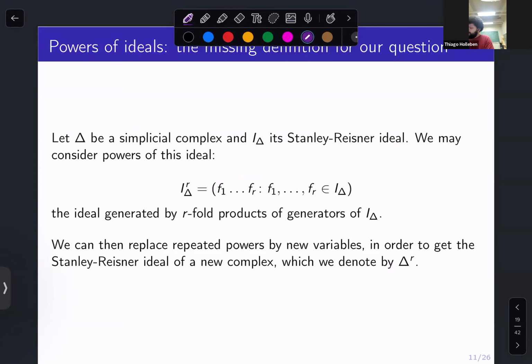And then once you have this ideal, this power, you start from an ideal where the generators don't repeat variables, right? So it's going to be something like x1 times x2, but it's never going to have x1 squared. So what we do is we replace the x1 squared by x1 times a new variable. Basically we remove the squares of the monomials, or the cubes, and we want to make it square free.